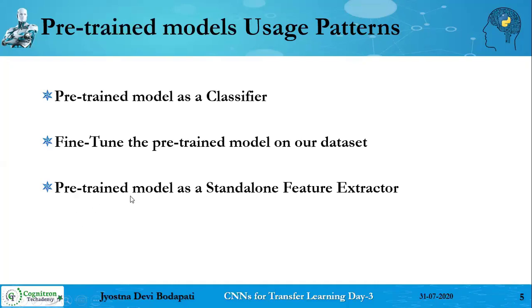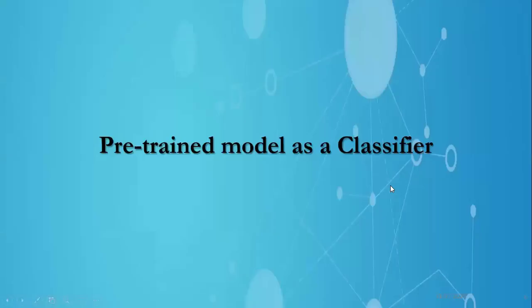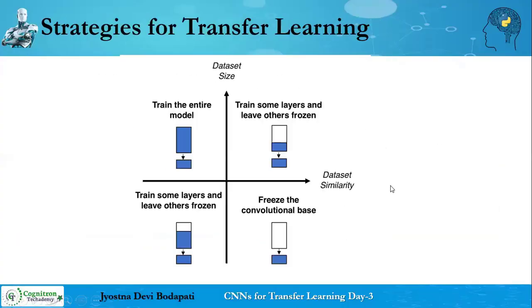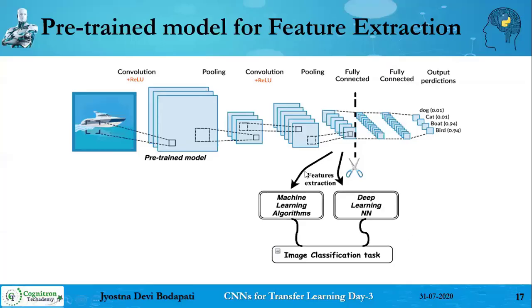And now, how can we use a pre-trained model for feature extraction? Basically, it can be used for feature extraction also. We already discussed that the different layers of convolutional neural networks are very good at learning different representations from the data. If I pass an image, this set of convolution blocks learn a set of features, the set of maps also learn different features, and similarly this block also learns a different set of features.